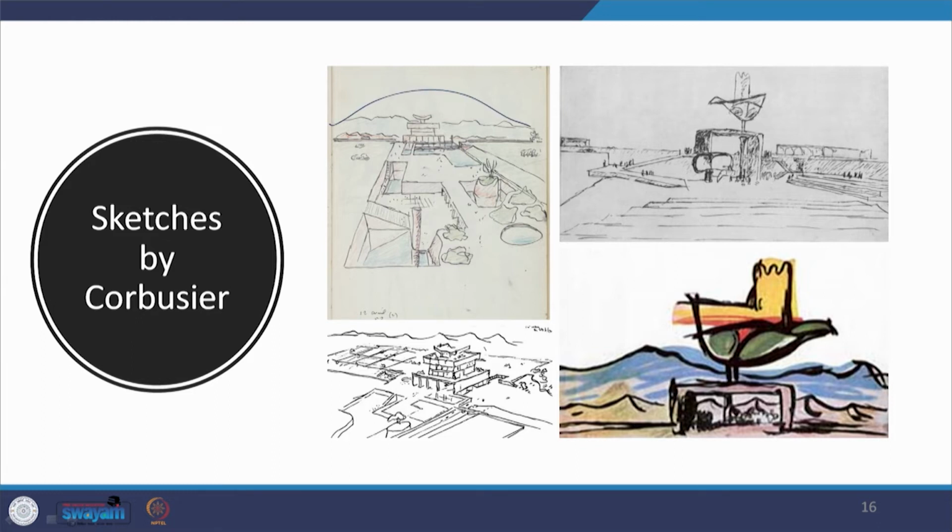As you can see, this bird's eye view of the governor's palace shows the rolling hills behind it and the plaza in front. And from the open hand you are able to see on one side the assembly building, on the other side the Palace of Justice or the High Court building.